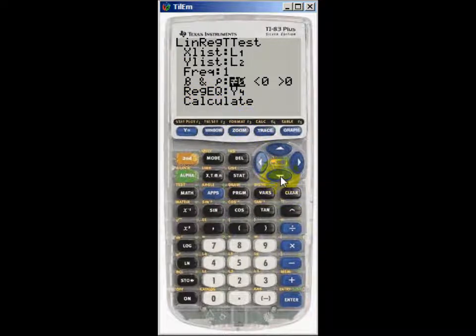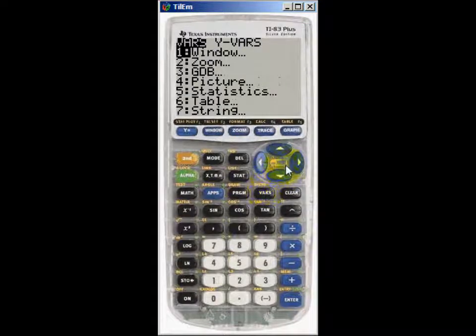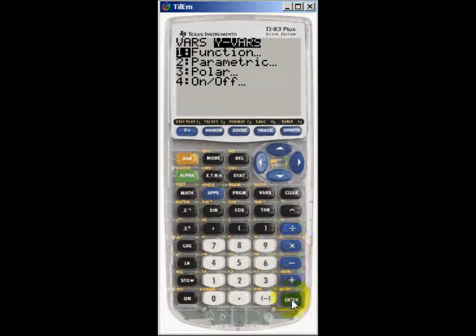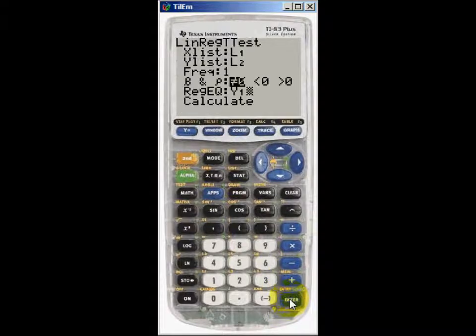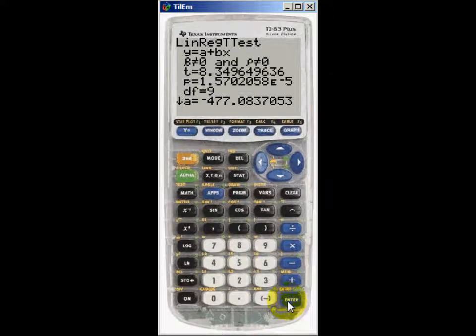And down here at reg EQ, we're going to select vars and go over to Y vars, select function, and choose Y1. Before we started, I made sure that my Y1 variable was empty. If yours is not empty, if it has an equation, then you'll get an error at the next step. What you'll need to do is clear out that Y1 variable. But once that's done, you can press calculate, press enter, and we get a bunch of